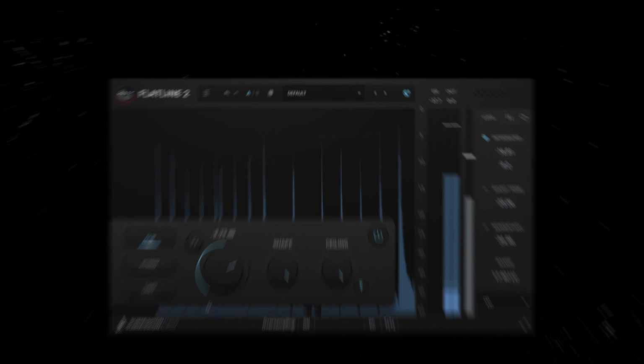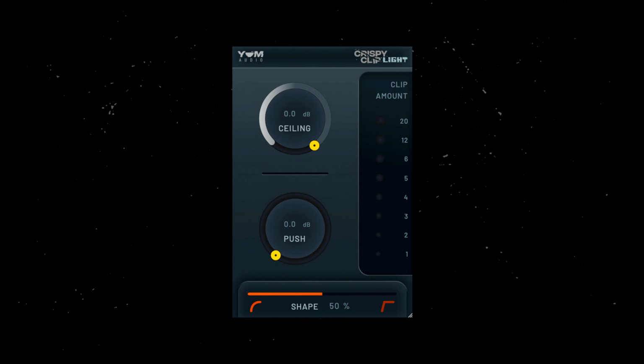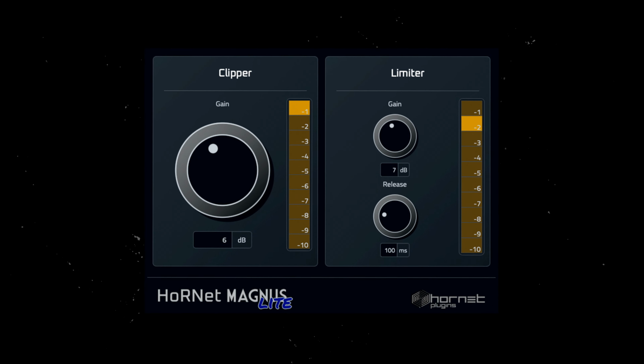Good one. So we've got compression and saturation taken care of, but you might be asking yourself, what about making shit punchy and loud? To add punchiness to your track or your mix, one of the best tricks pros use is clipping, which shaves off the top end of a transient to increase the perceived impact. For individual tracks, Yum Audio's Crispy Clip Lite and Hornet Audio's plugin Magnus Lite do a bang-up job, and